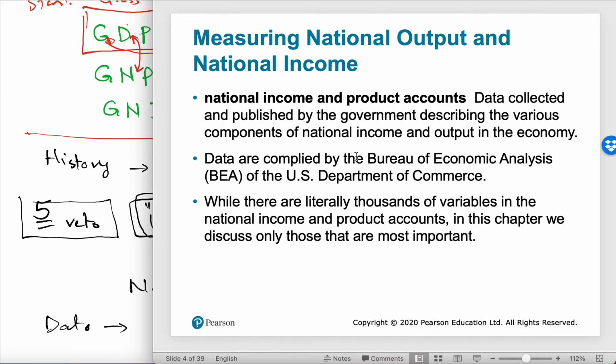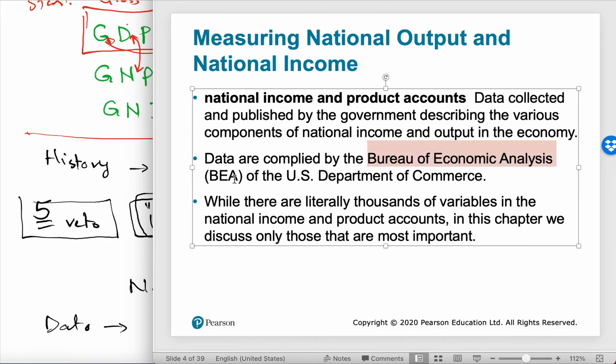In the United States, the organization which is doing this is called BEA, or Bureau of Economic Analysis. Each country has their own. Like in Iran, it's Markaz Amar, or Statistical Center. In Australia, it's the Australian Bureau of Statistics, ABS. And each country has their own institutions. In Oman, it is also measured by the Statistical Center.